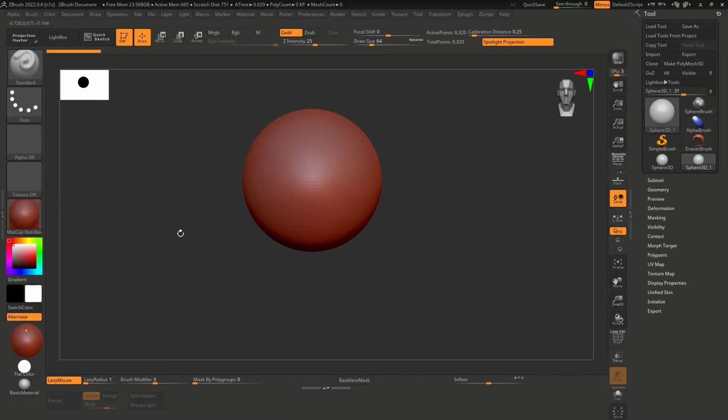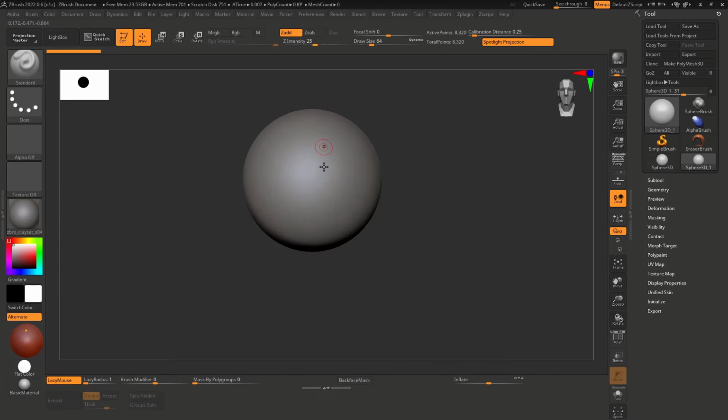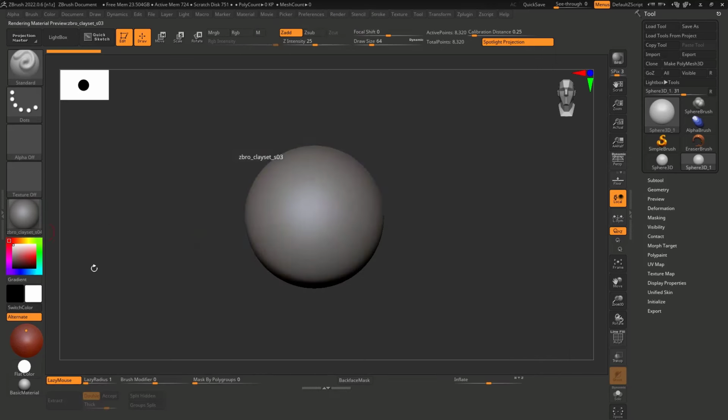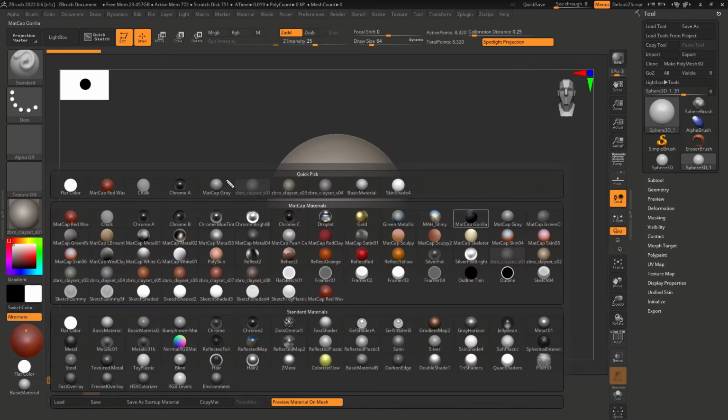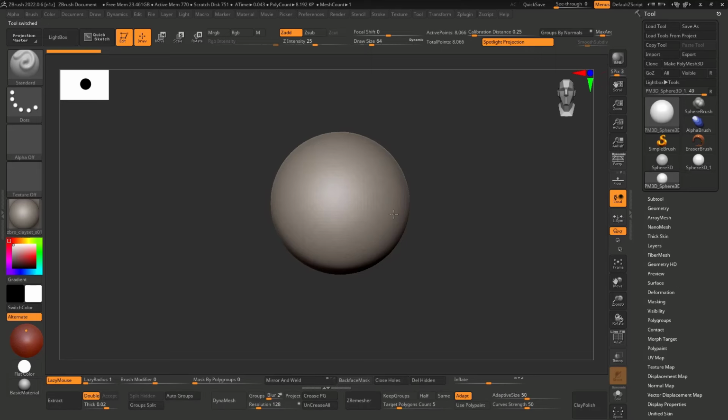Let's start with a sphere. Let me see here. Maybe click set or not. I have another, can be this one. I don't know, I'm going to use this one. Just to remind you, you can download it for free on the internet, just by searching on Google, or I think on the ZBrush website also. And yeah, so make polymesh 3D